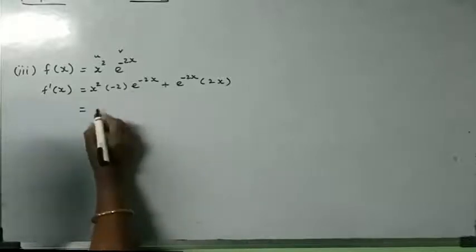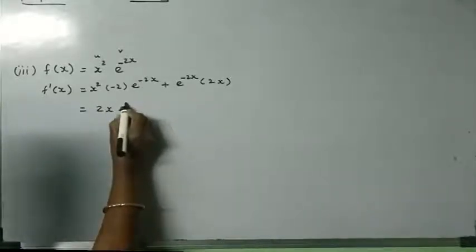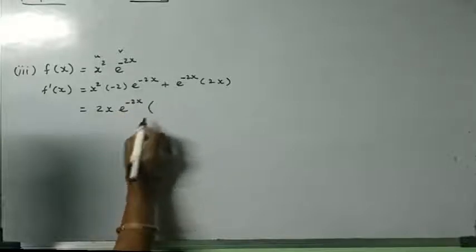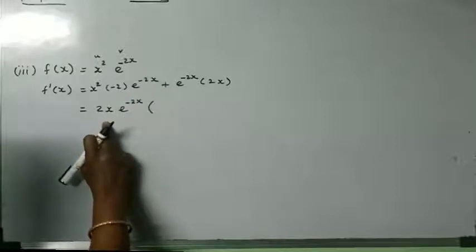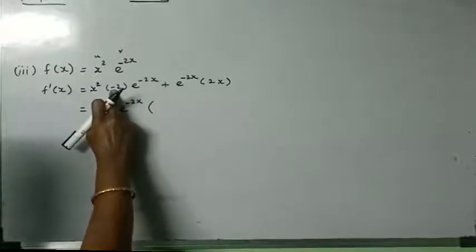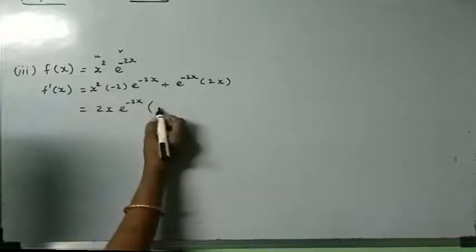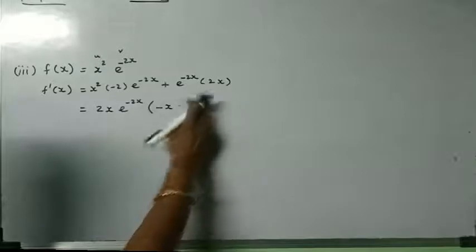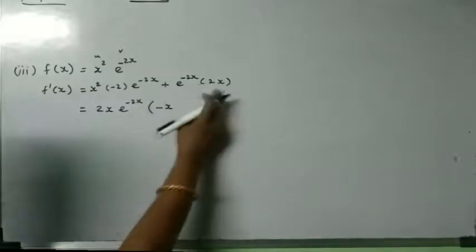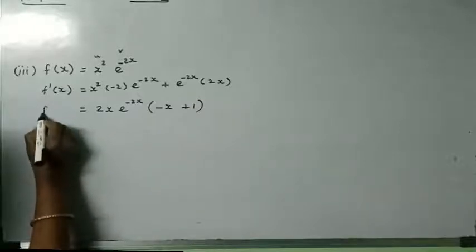2x and e power minus 2x is common. So 2x e power minus 2x is common. Balance. இங்க 2 வெளியே வந்துருச்சு, e power minus 2x வெளியே வந்துருச்சு. So இங்க ஒரு minus balance, இங்க ஒரு x வெளியே வந்துருச்சு, so ஒரு x balance. So minus x. இங்க e power minus 2x and 2x everything comes out, so balance 1. So we can take this as f